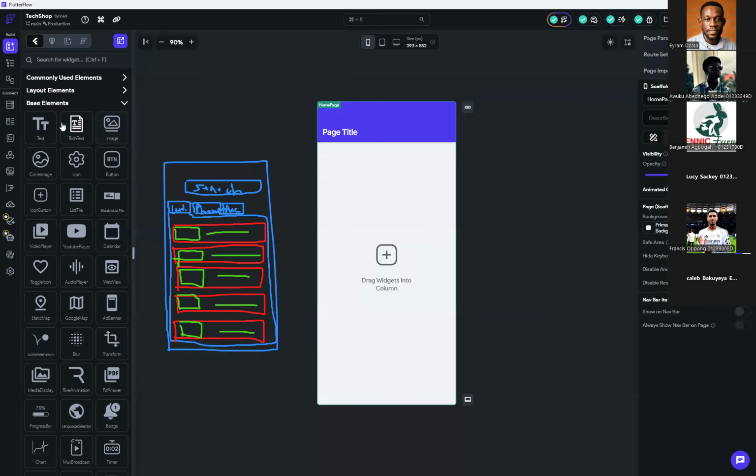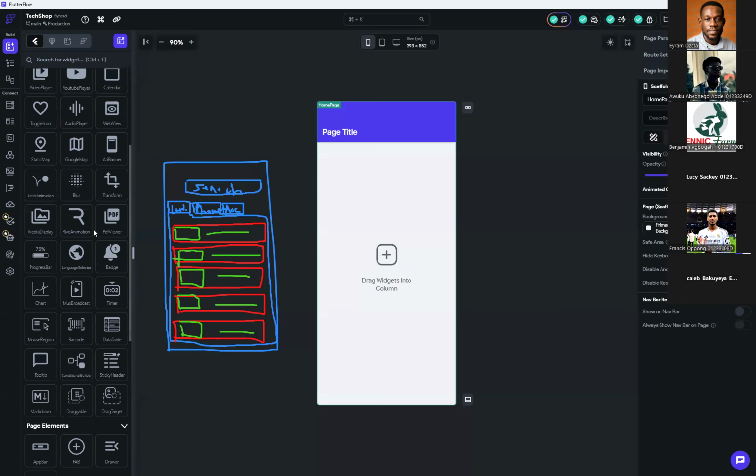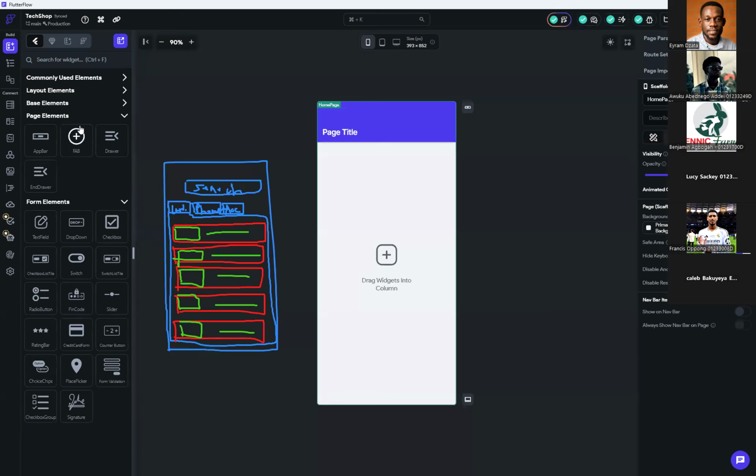Then there are also the base elements. The base elements are more like the key elements that we use in the design. There are a whole lot of them. Then we have the page elements. They are default, but they usually sit outside the widget tree. Anytime we are using page elements, for instance, if we introduce an app